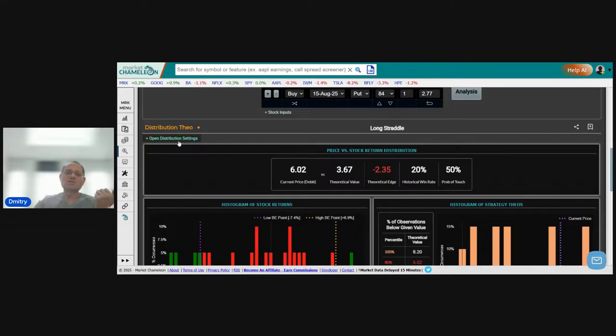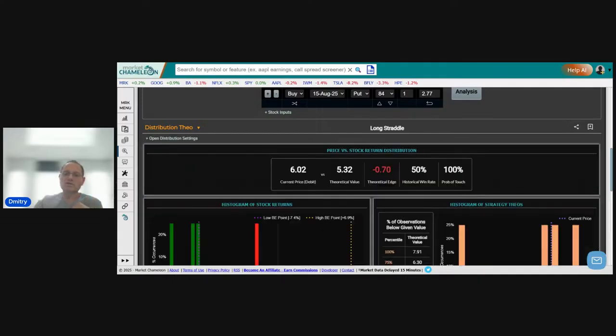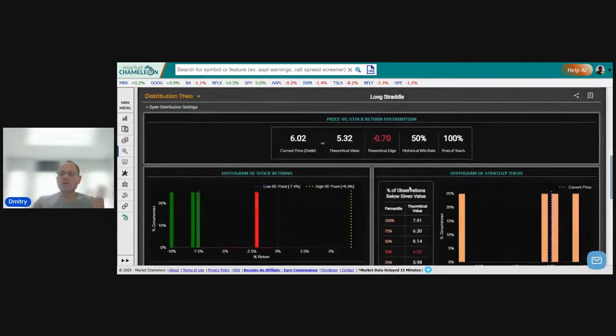That's what we're analyzing. What if we went 1 year? Let's say we only wanted to look at the last year. We've rerun that. Now we got a different theoretical value, a different win rate. And you could see there's only 4 observations in our analysis. So this gives us the ability to run different scenarios, to see just how consistent those theoretical values are. What if we used more recent data? What if we used larger data? And it lets us look at it from different perspectives,